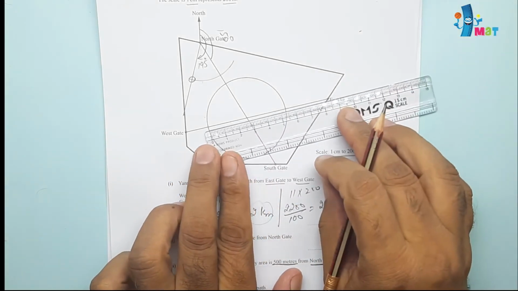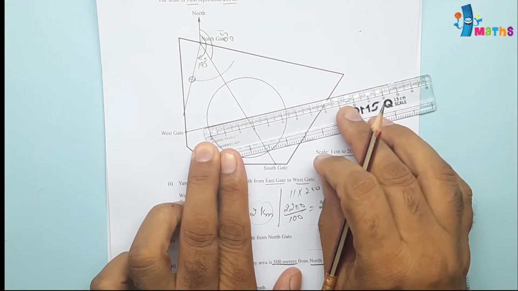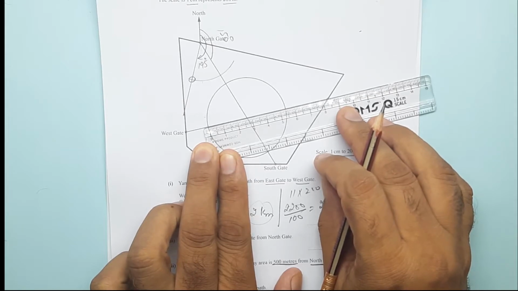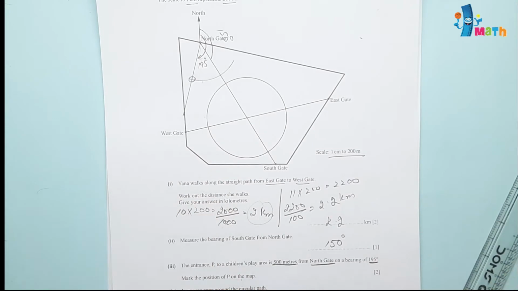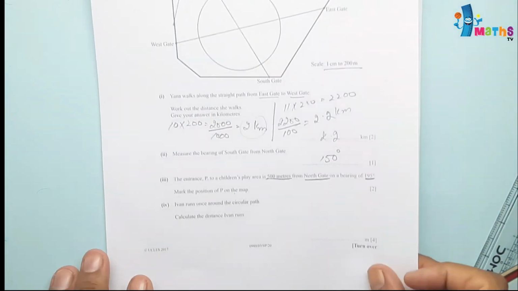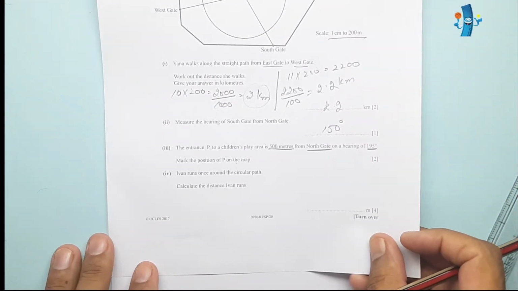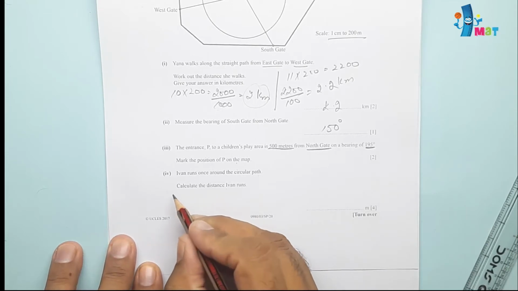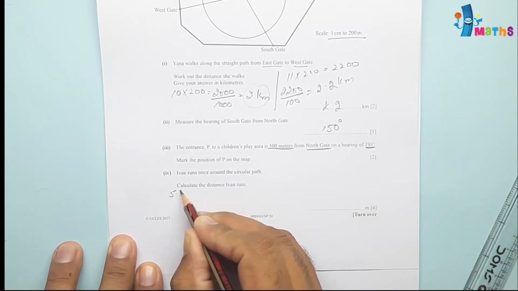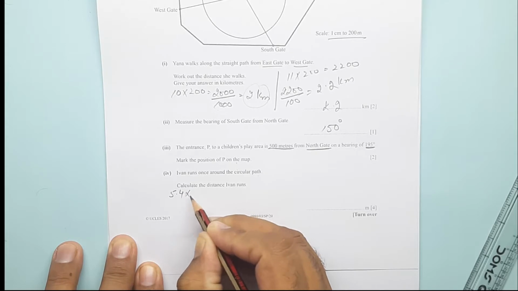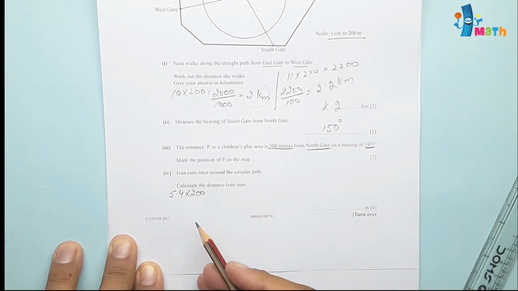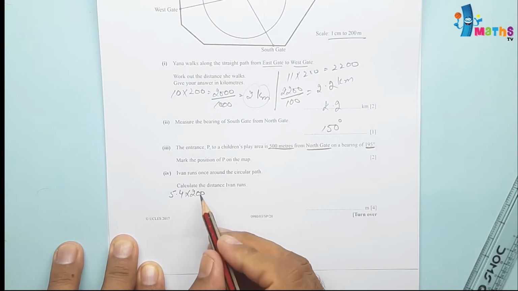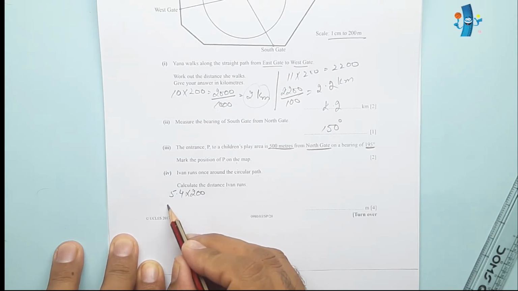The diagram which I'm utilizing has 5.4 centimeters as diameter. So I will do one thing. I will be giving you the calculation of this diagram as well as the calculation of the marking scheme. So 5.4 multiplied by 200, because of the scale, which is 1 centimeter equal to 200. So we multiply this, and pi into d is